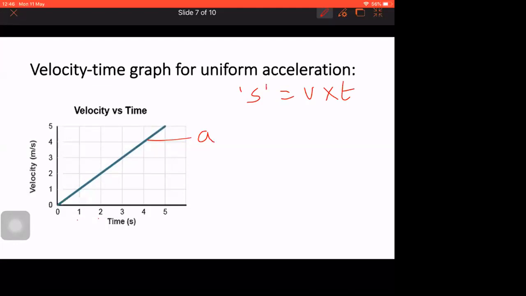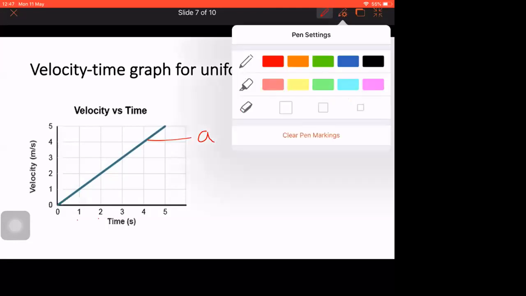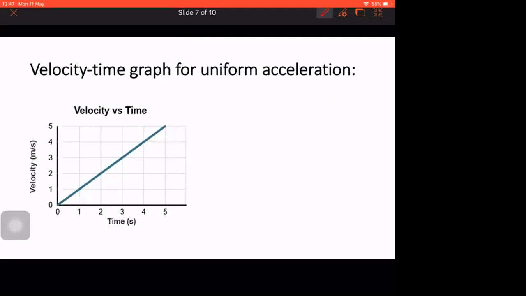Yes, ma'am, we can take V1, V2 and T1, T2 and do it. No, this is not like that. Okay, I'll tell you what we are going to do in such kind of cases. How can we find out the distance? Before going to that, I want to clear a few things for you. Try to understand. Velocity versus time graph can also give distance. That is very clear. Now, how can I know the distance?